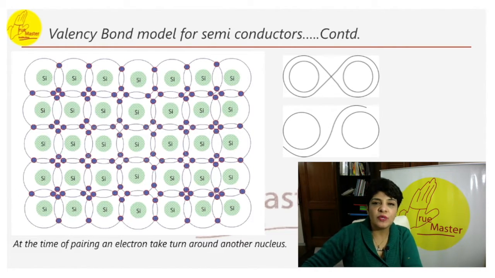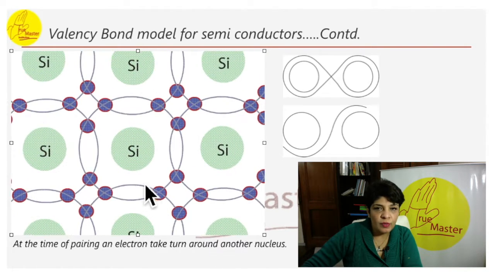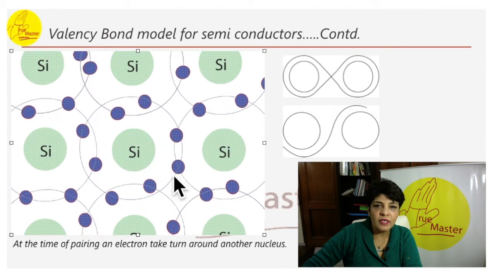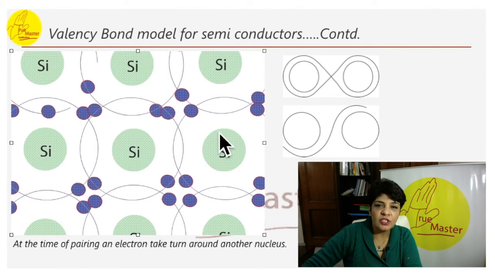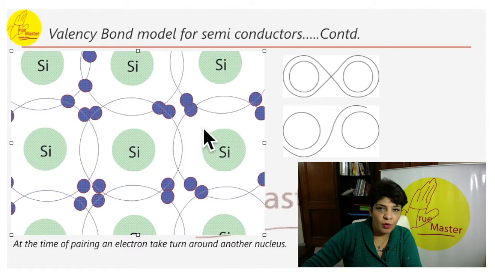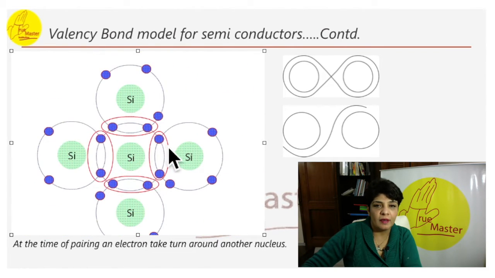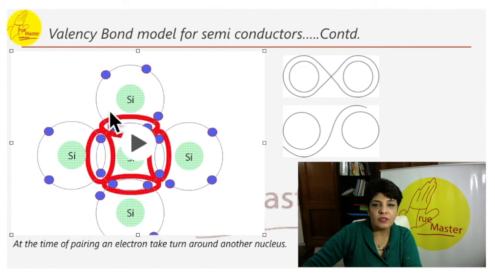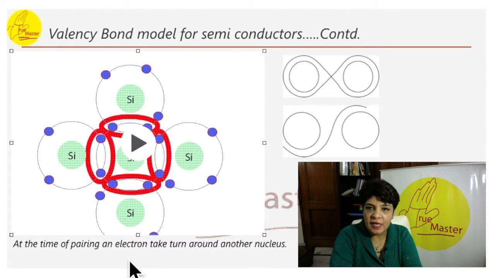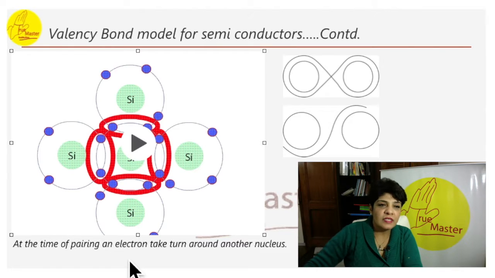So let me show you in an animation here exactly how the bonding is taking place. See, look here. Suppose we zoom into this, this is a silicon. This is how the pairing is going on. It is being shared. So at a point, there can be 8 electrons. This bonding that you see is called covalent bonding. So I hope this helps you with the animation. Let's come on to the other slide.